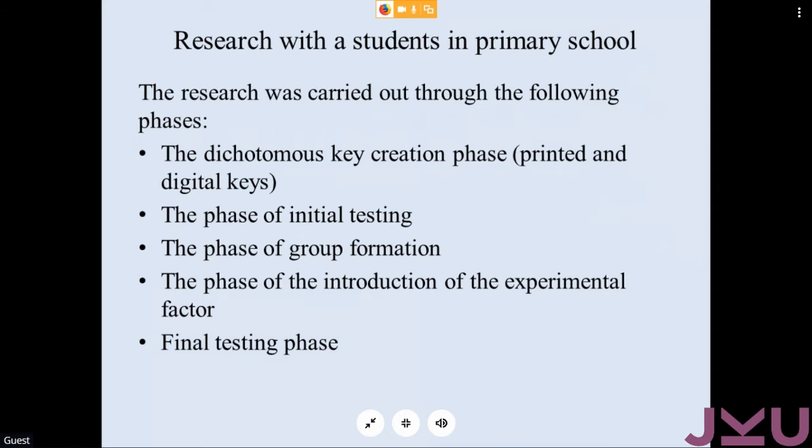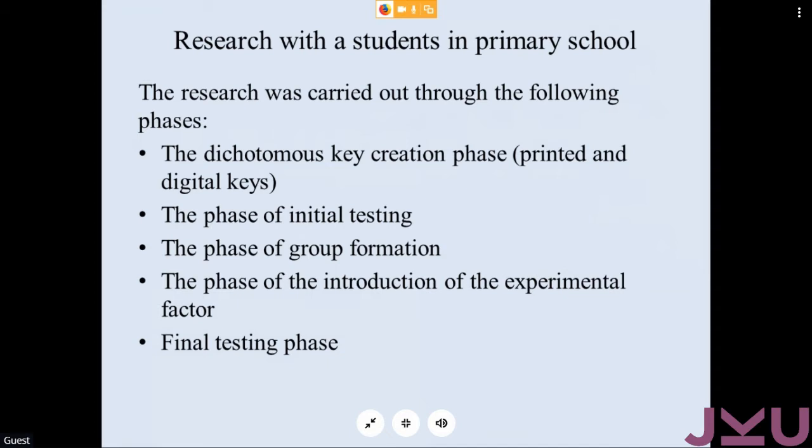And the third group used the dichotomical key in printed version, like some script or books. After several classes, or more precisely 10 classes in which they learned about plants by the Montenegrin plan in the school,